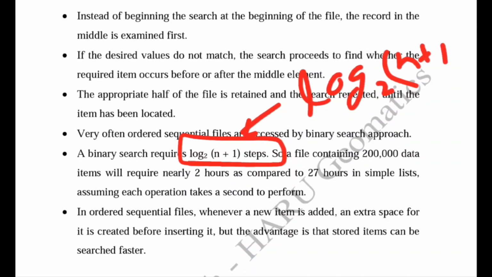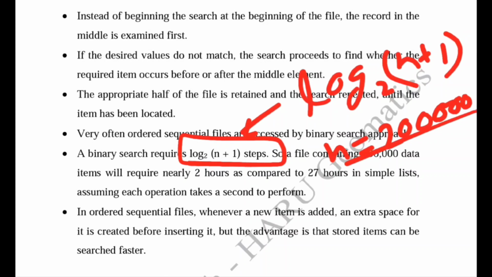If we take an example of n, the number of data, as 2 lakhs, then for this number of data we generally require 27 hours in the simple list, but in the case of the ordered sequential file it will require only 2 hours. So it requires much less time compared to the simple list for searching any single data.